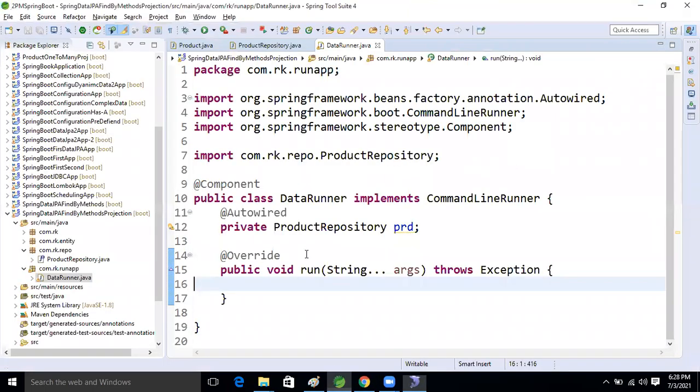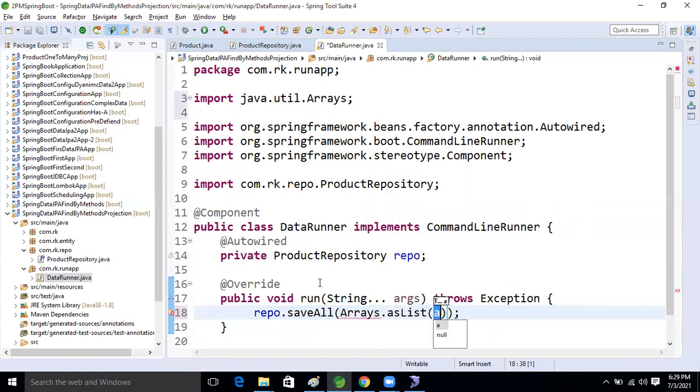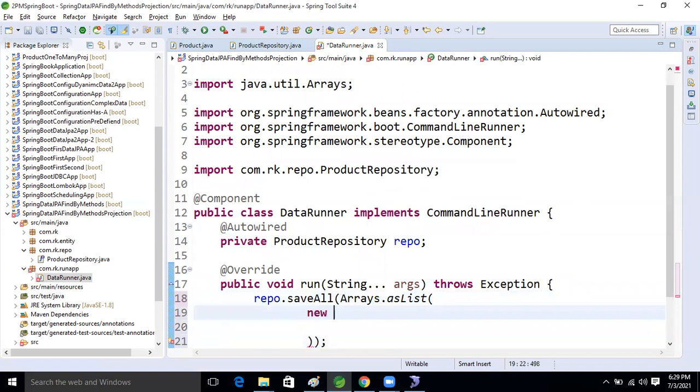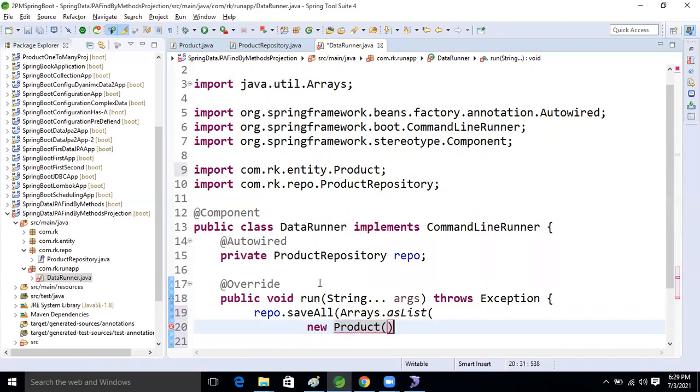So come here. Now I'm going to use repo dot saveAll. Here Arrays dot asList, right? But here I'm going to create new Product.